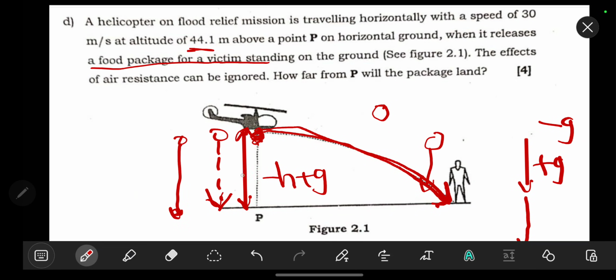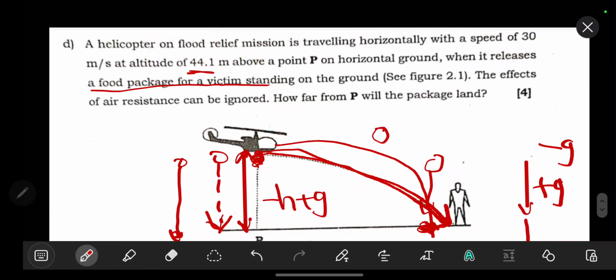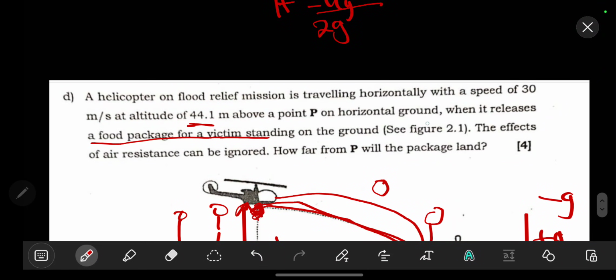So whatever time it will take for that, it is the same as the time it will take to hit in that direction. So therefore, we are going to say now the range, we want how far. We are told